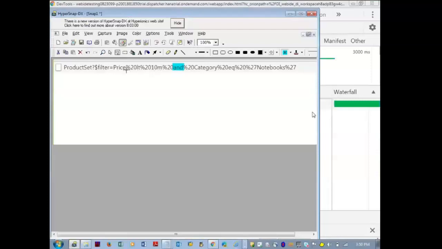All those are spaces. Price LT 10 and category EQ notebooks is being sent to the OData services and its values are fetched.